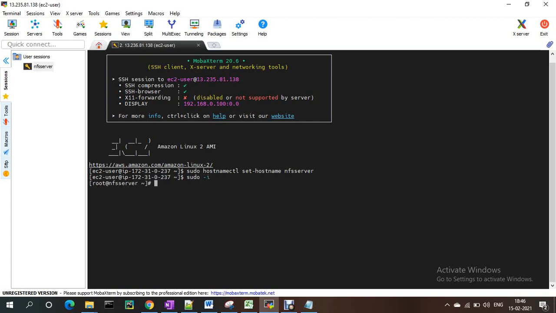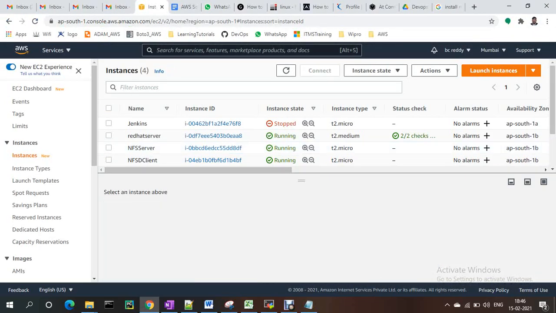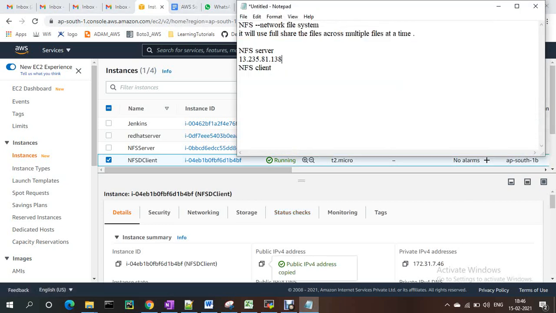Same way, let me connect to the NFS client. I'm taking this public IP and copying it.